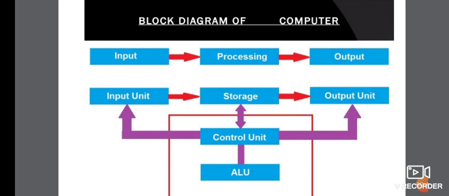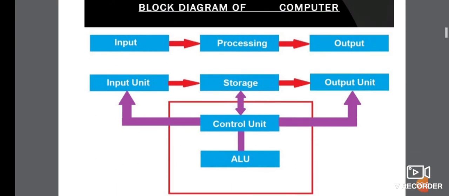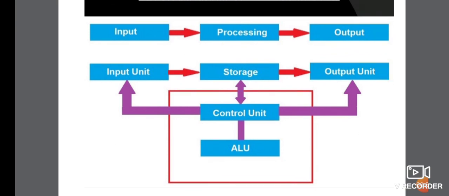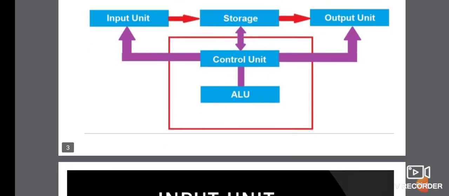In the diagram, first is input. For every system, the user has to provide input. The input will be processed and finally we will get the output. The processing is done by the CPU, which consists of 3 units: the arithmetic logic unit, the control unit and the storage unit. Today we are going to discuss what will be done in these 3 steps.